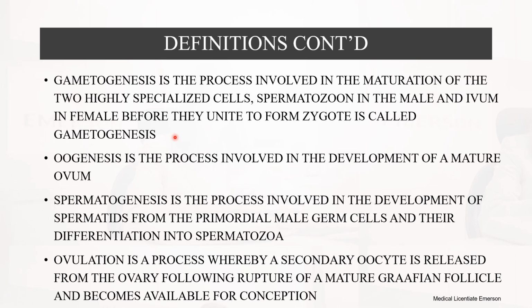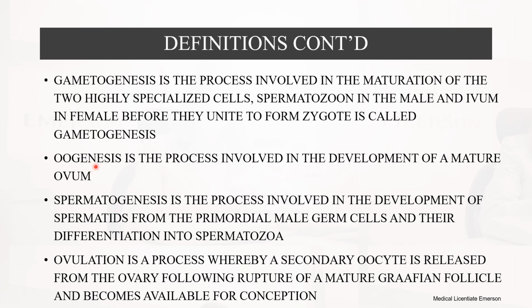I'm sure you have realized there is this word spermatozoon. Spermatozoon is actually singular, so the plural is spermatozoa and the singular is spermatozoon. That's one thing you need to realize from there. There are two types of gametogenesis. We have oogenesis and